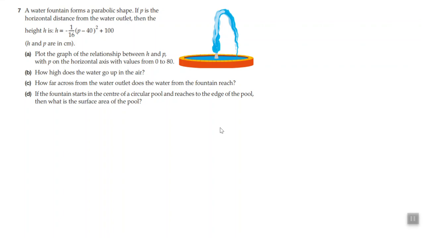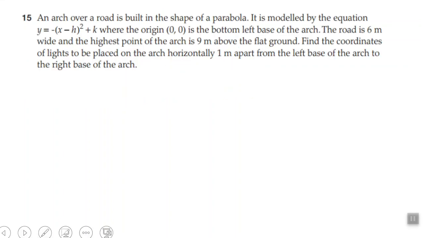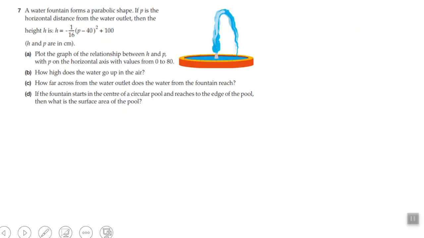This is for Year 11 Methods. We're going to look at exercise 3.3, question number 7. We've got a water fountain that forms a parabolic shape. If P is the horizontal distance from the water outlet, then the height is given by here, and we know